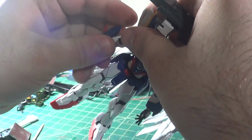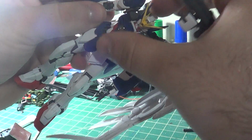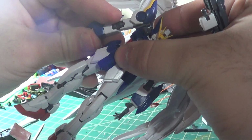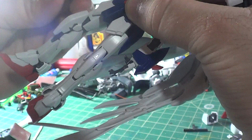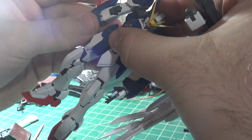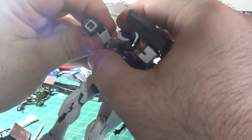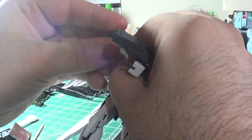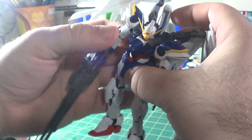But see if I can slide that back on. See, look, now things are starting to fall apart on me and make me look bad. But wow, what did I do? That whole thing just came apart. I believe I was warned about this. It's like deja vu or something. There we go. But you can just plug the arm or the gun right into there, and he holds it